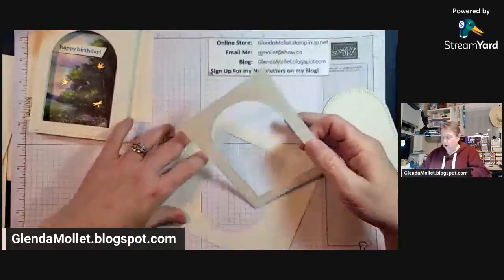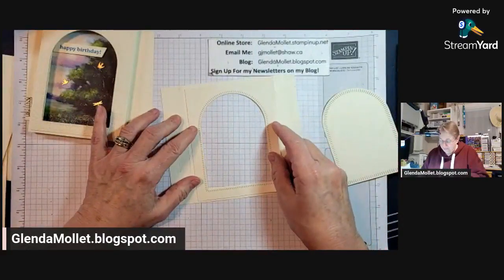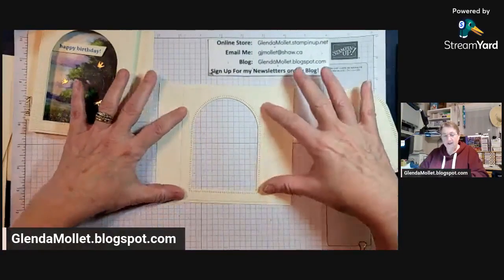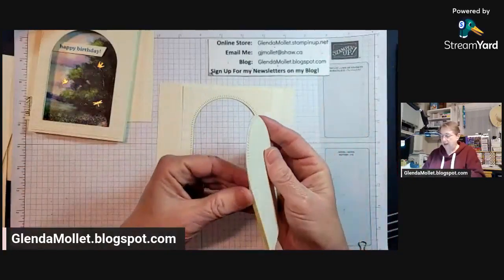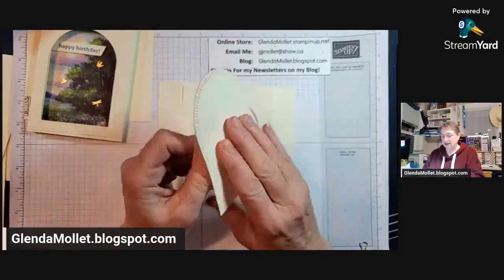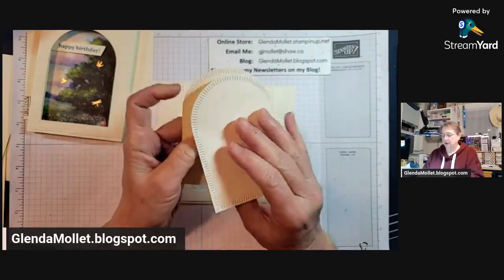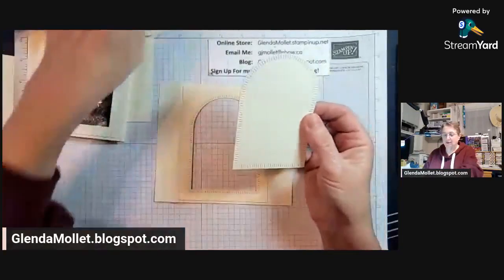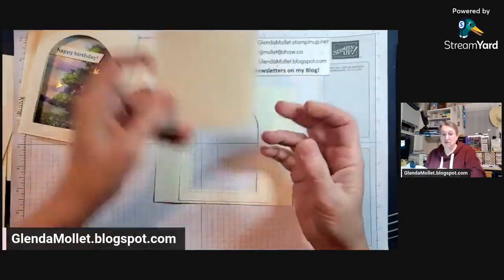See, now the hole matches up exactly with the other hole, and it's still nicely framed around there. And then I have these two things. I have to get that temporary adhesive. See, now we have these two pieces, and I'm going to be showing you how to make a card with those next week,